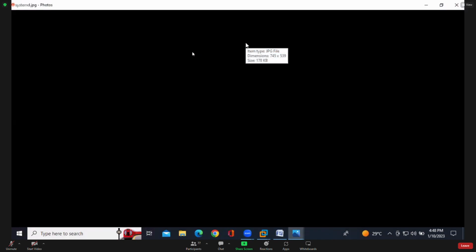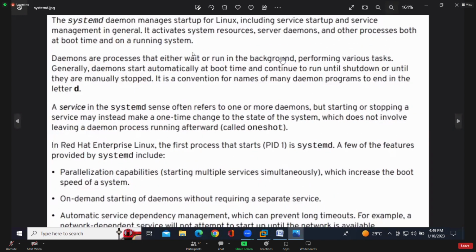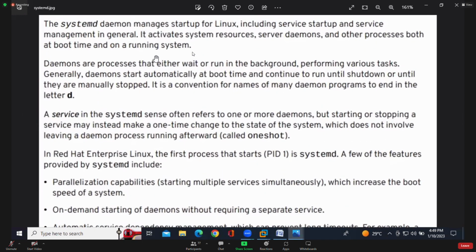What is systemd? See, guys, here: systemd. The d means daemon. Daemon means